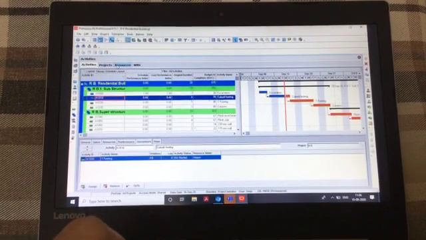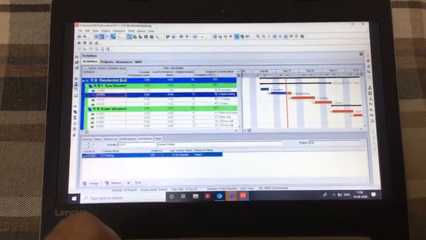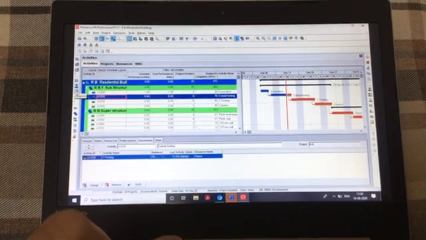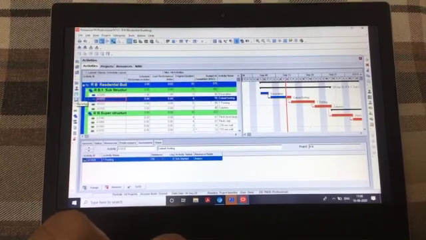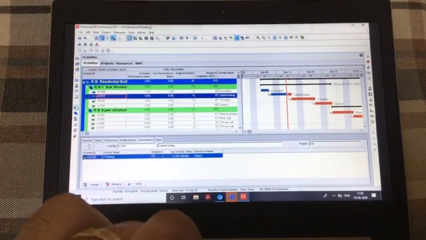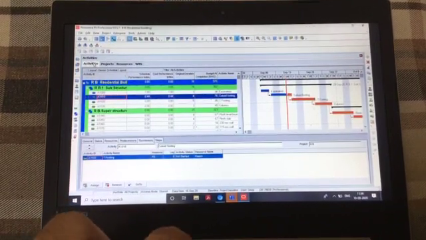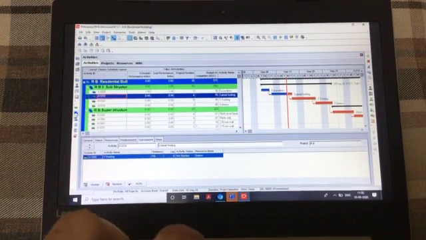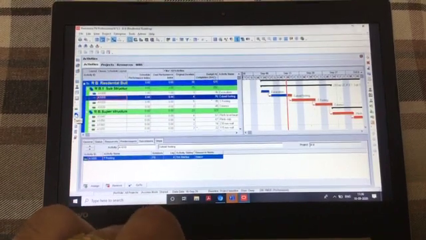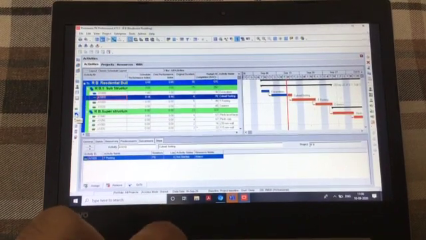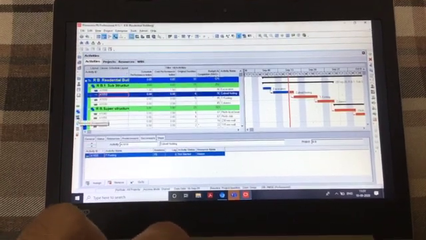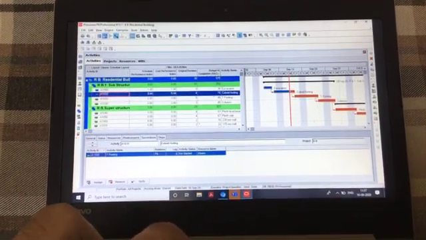Again, you can see here are the resources. If we want to assign them to any activity, these are the reports, tracking, activities. These are all the activities, and you can see the activities tab also. We'll see more about that later on. And this is the work breakdown structure, and all the other buttons that I haven't used in this course yet.